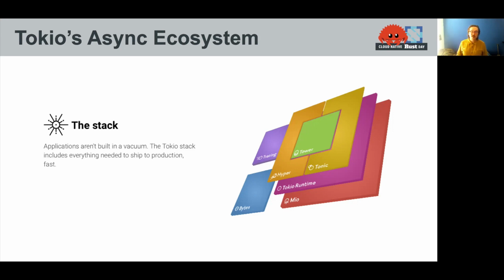Rust and Tokio give you kind of a similar set of primitives. And Tokio has an ecosystem around it that really lets us build up systems on these good primitives that are trustworthy.